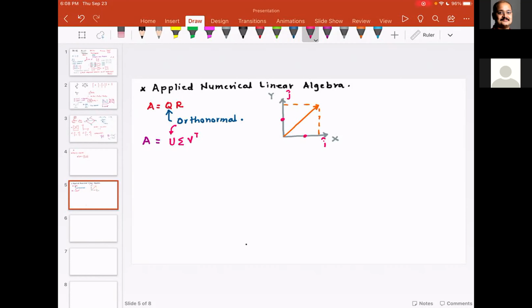The first thing I want to talk about is what I talked about in the last class. Say you have a vector A, which I can consider as a row vector or as a column vector. So say 1, 2, 3. I have a vector which is 1, 2, 3, and I have another vector which is 4, 5, 6.